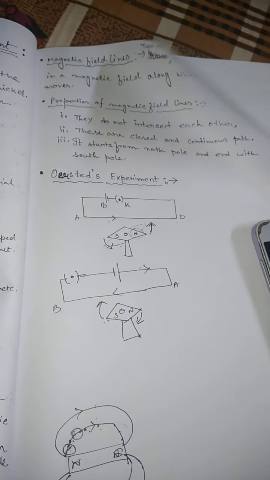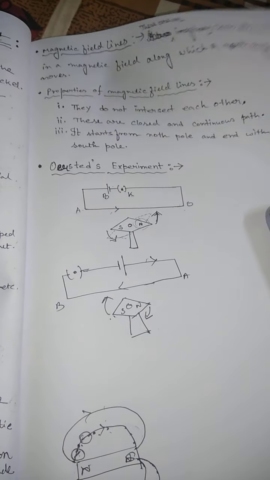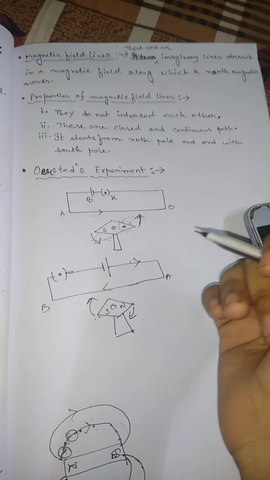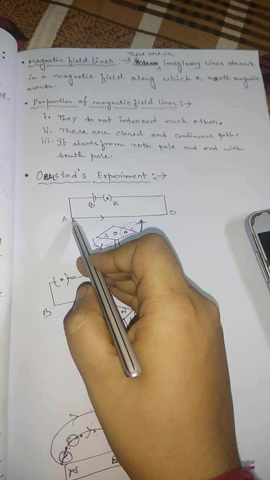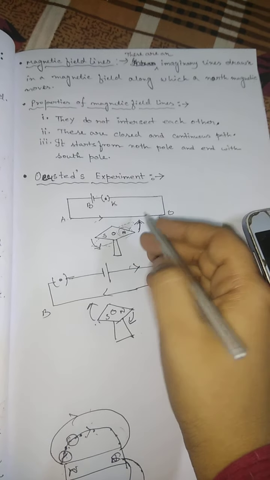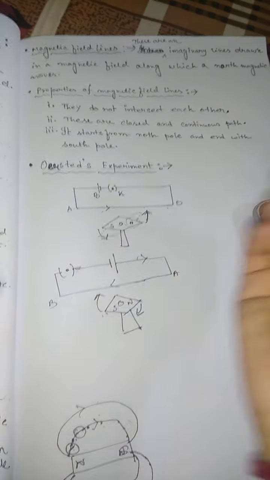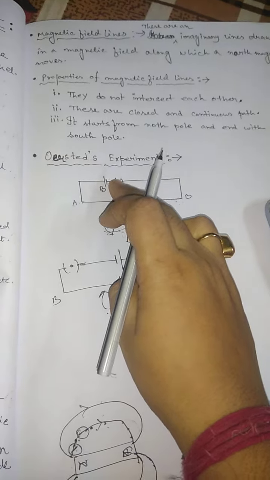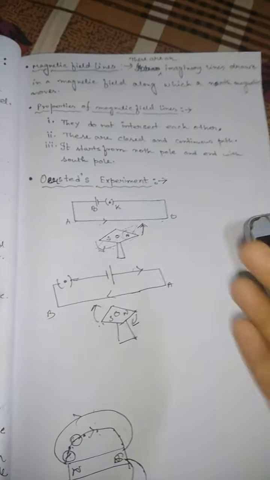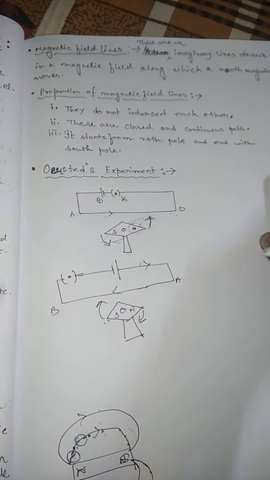we know that only if the key is closed does the current flow from one side to the other side of the conducting wire. He placed a magnetic needle under this conducting wire. When the current flows in this A to B direction, the north pole of the magnet is deflected. Here we consider the north pole deflected towards the wire and the south pole far away from the wire. And when we open the key, switching off the current, so that no current flows through the conducting wire, the deflection also stops.